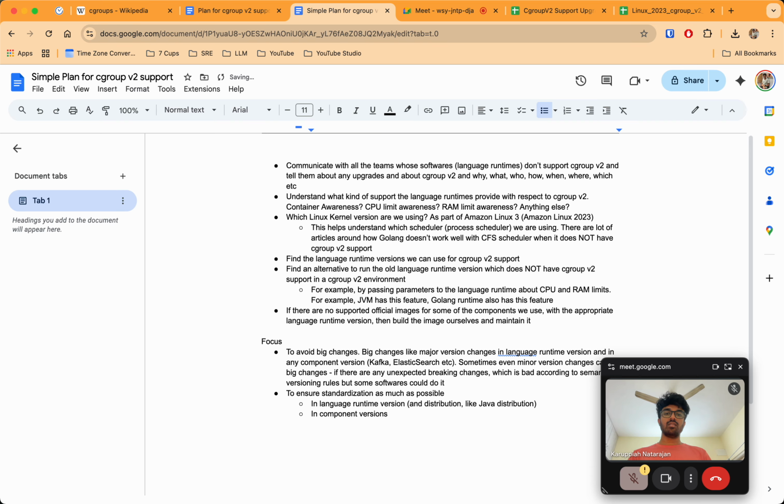And let's check support, and it also does not set the CPU and memory units.